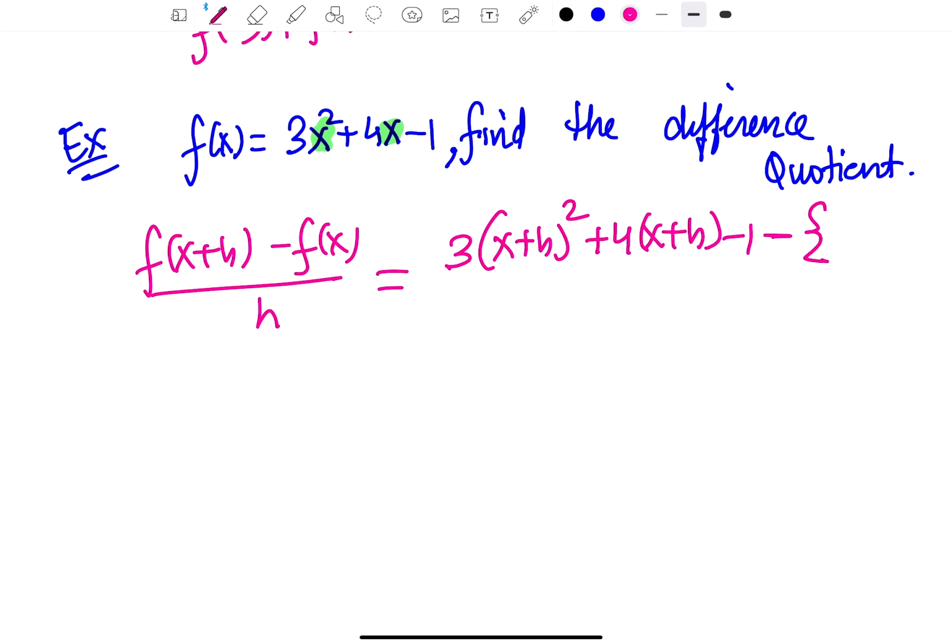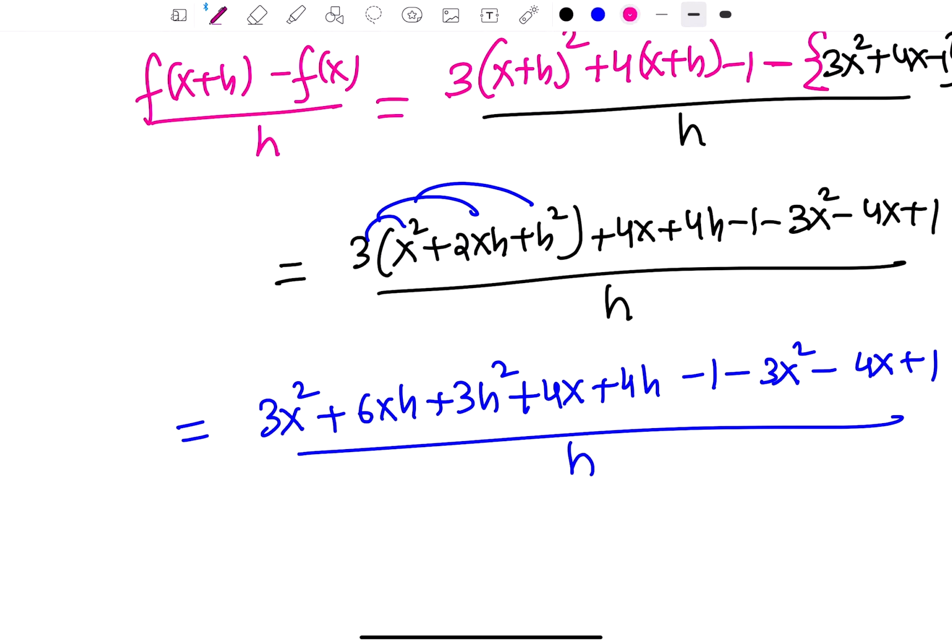All I'm going to do is simplify a little now. That would be x squared plus 2xh plus h squared plus 4x plus 4h minus 1 minus 3x squared minus 4x plus 1 divided by h. Let's go ahead and distribute the 3 and see if there's any terms that cancel. 3x squared plus 6xh plus 3h squared plus 4x plus 4h minus 1 minus 3x squared minus 4x plus 1